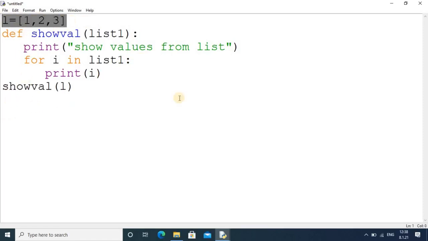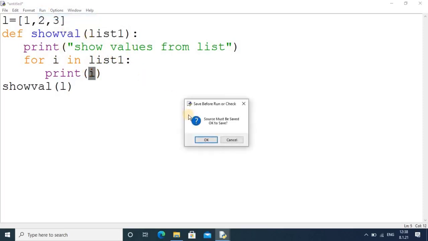First we are taking the list with the values, and then we are declaring the function with the list parameter. We are showing the value with this, and here as values you have to pass this list variable. This is the calling function and it should match with the function declaration. This variable will be treated as a list variable, and we are showing the values, and it will print the value by using i.